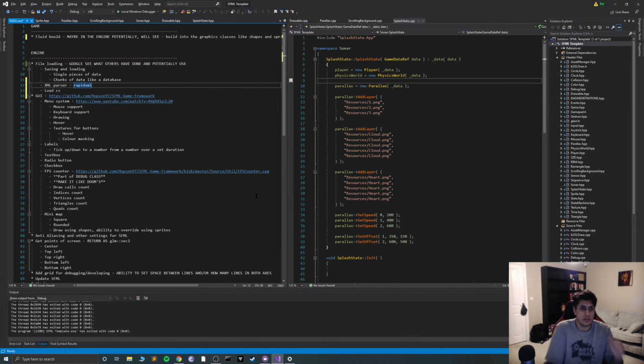Okay, so we need to get to save and load, single pieces of data, chunks of data, it could be a line. Want to have parsing for it.